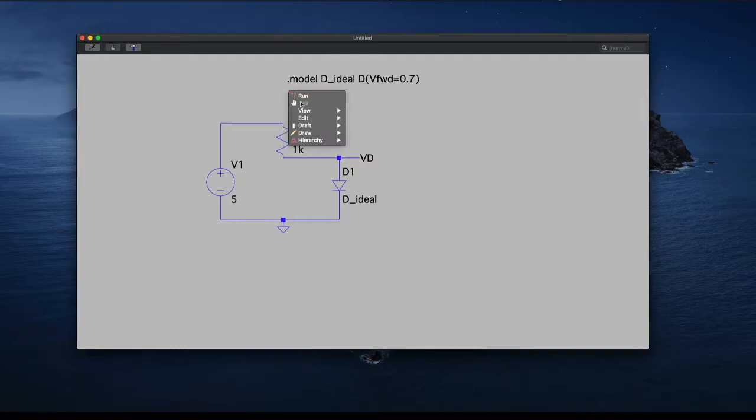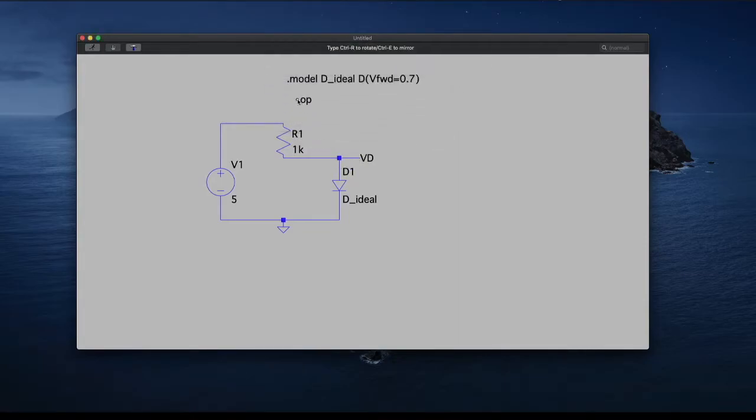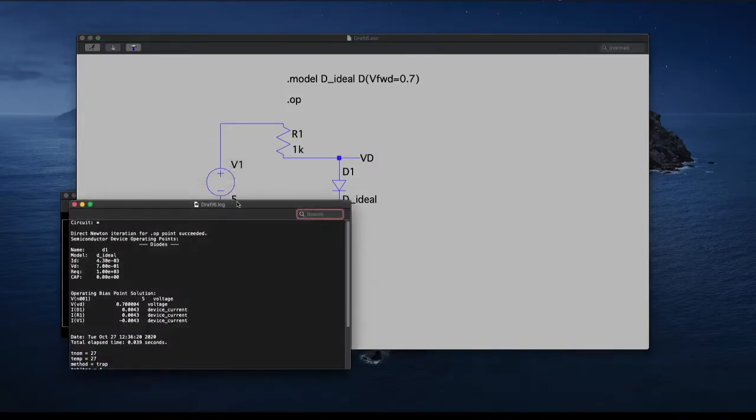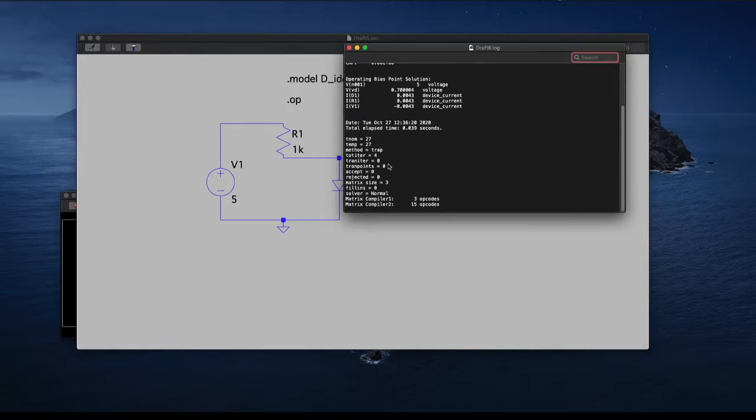So if we wanted to do just a simple calculation with this setup, we could go to draft, SPICE directive, and then we would do .op. Okay, and then we can run it. Brings up that, and if we want to view all the outputs, we can go to view and then view your SPICE error log. Okay, and we can see